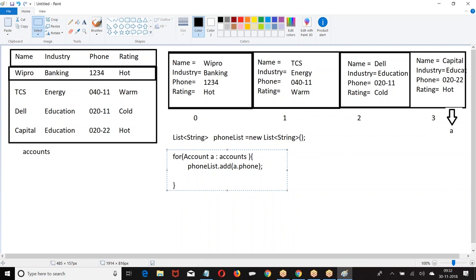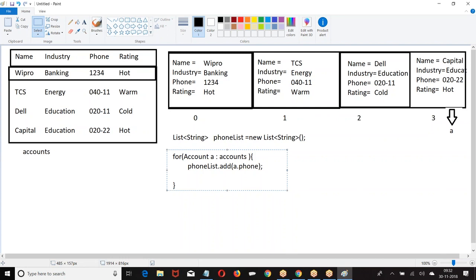Now I am telling you to assume that you already have the data. Otherwise, you would have to create one list, put the new accounts in the list, then write the logic. For the same logic, we don't want to create the same program a number of times. That's why I am asking you to assume we already have data.